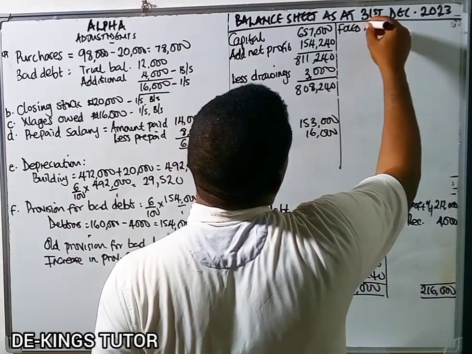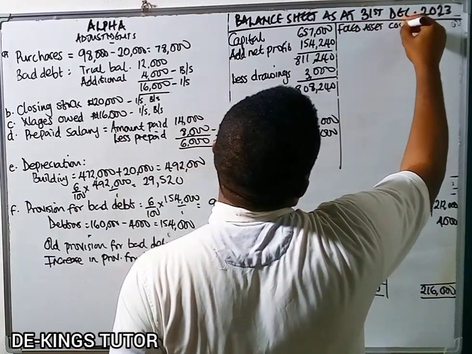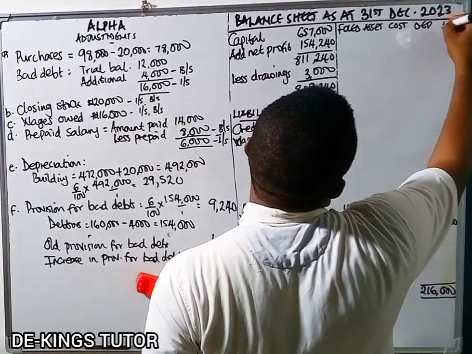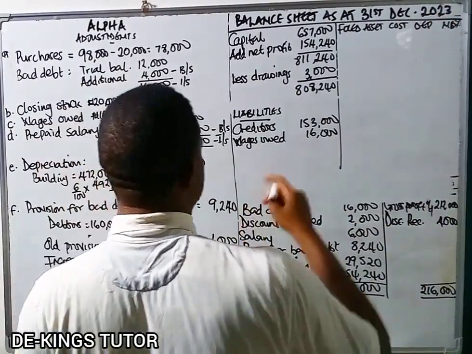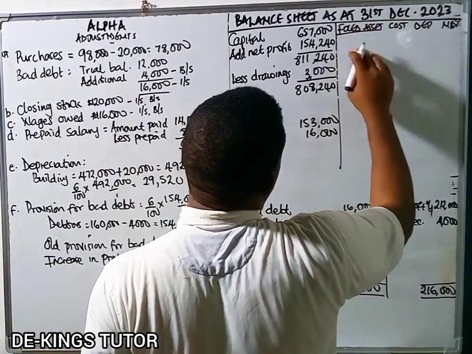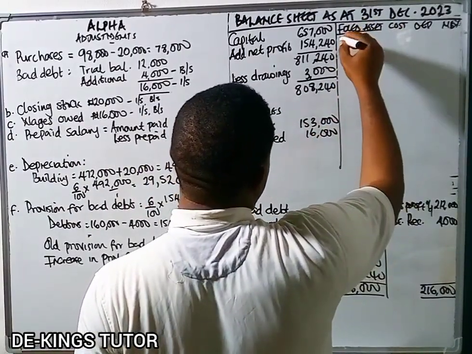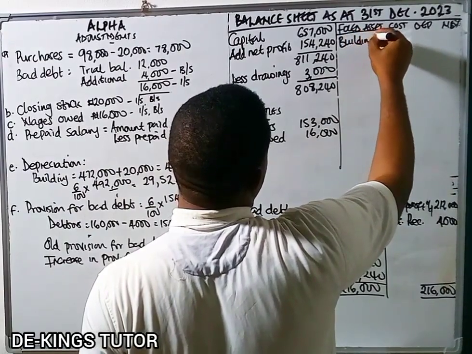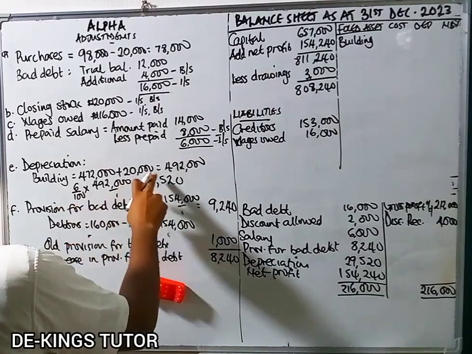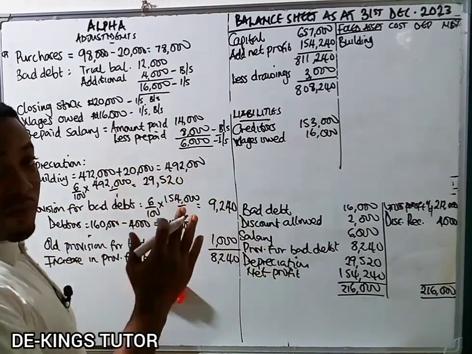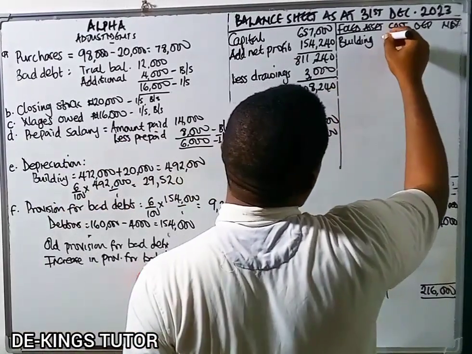Now we have our fixed assets. This is cost, this is depreciation, and our net book value. The first fixed asset, or what we call the non-current asset, is the building. Remember, the building has a new value when we added 20,000. So that's 492,000. So we have the cost is